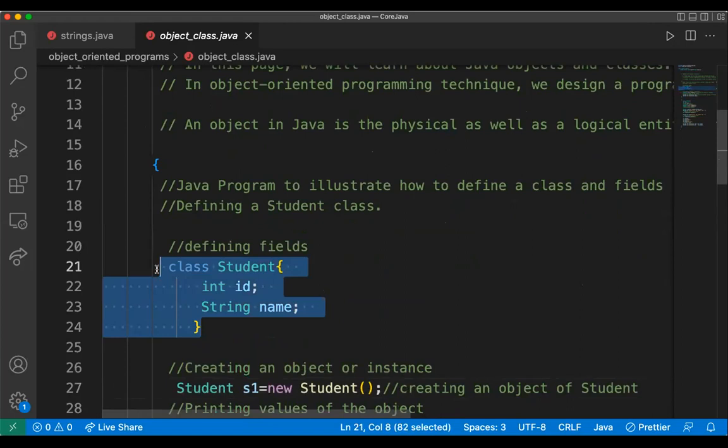Class, class name, and data type and field, data type and field. Like this we can create a class. Here the student represents two properties. What are the properties? ID and name, and for those properties